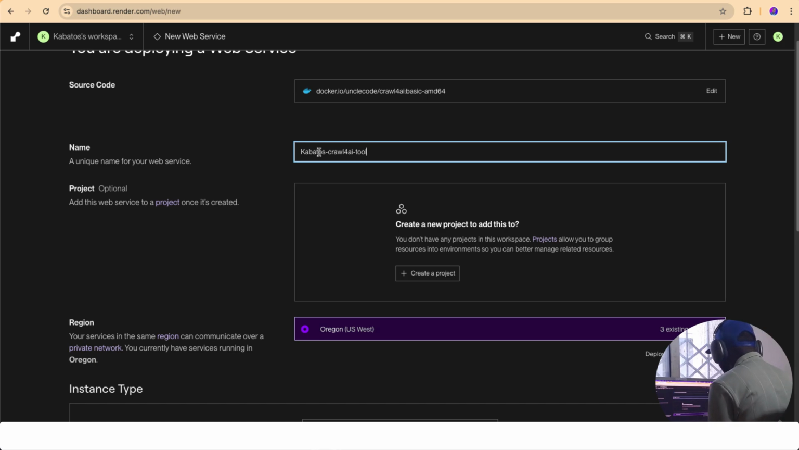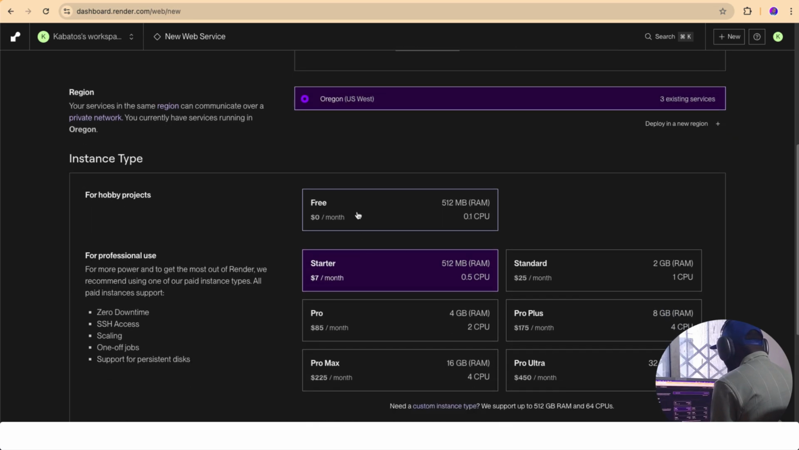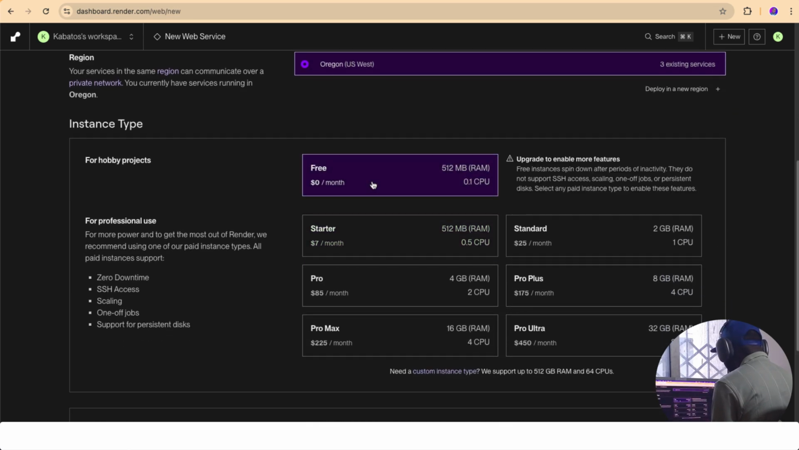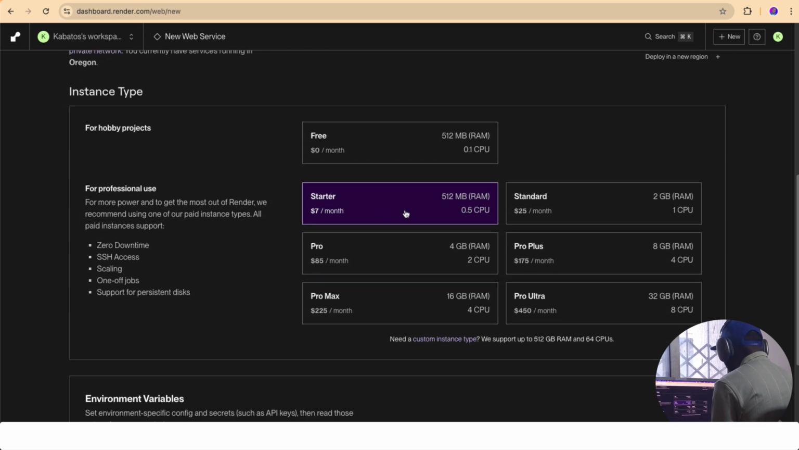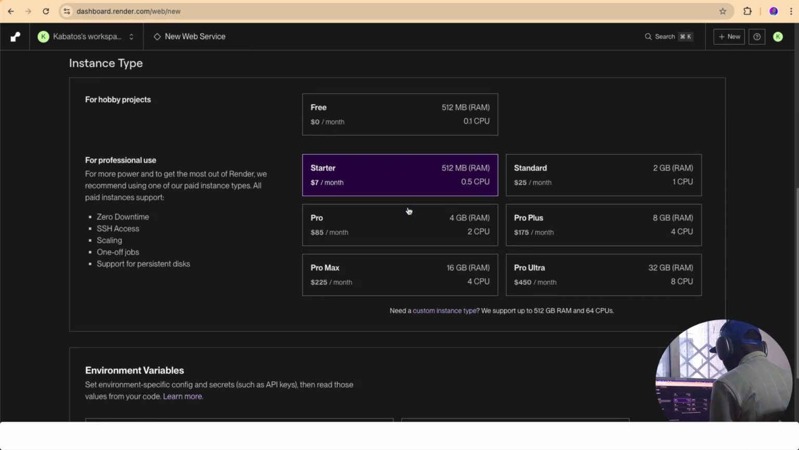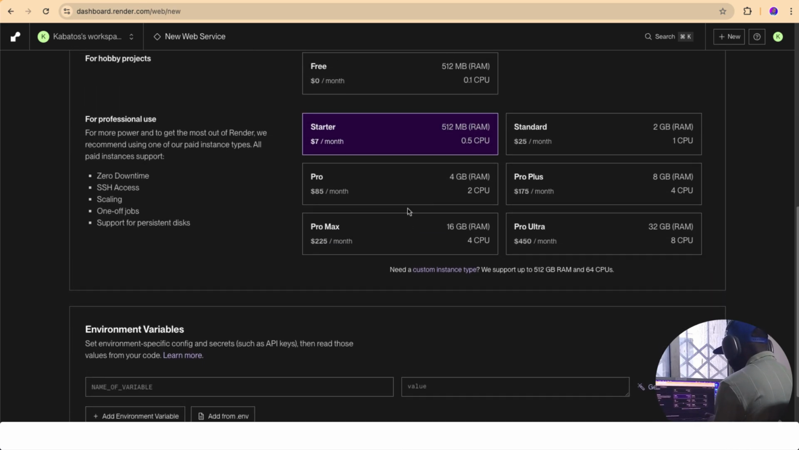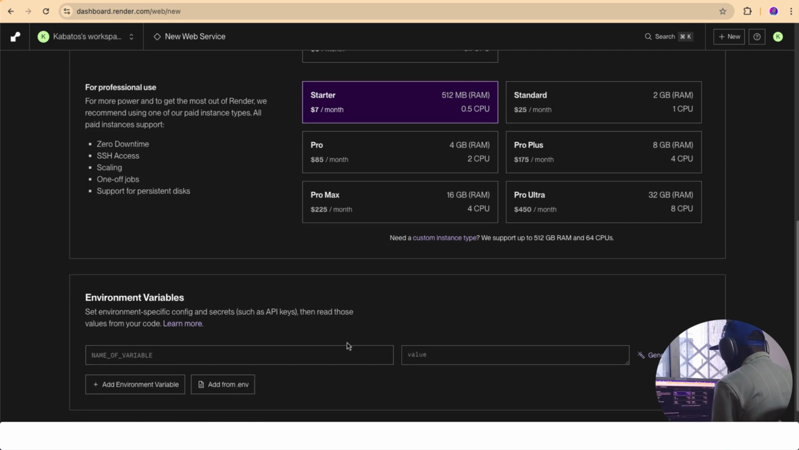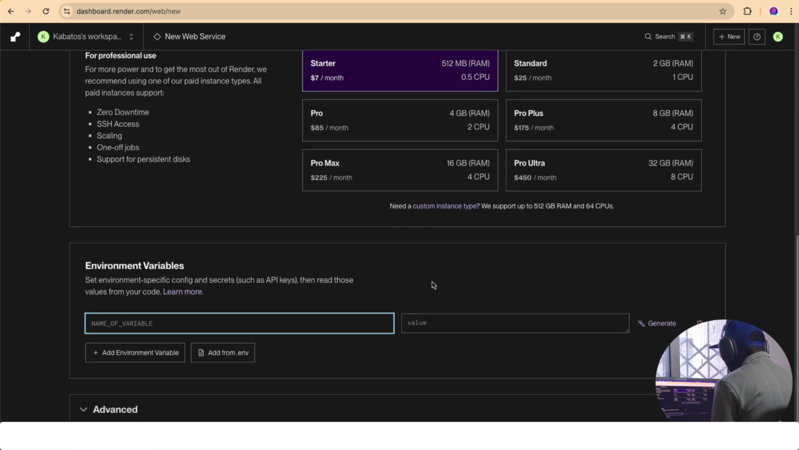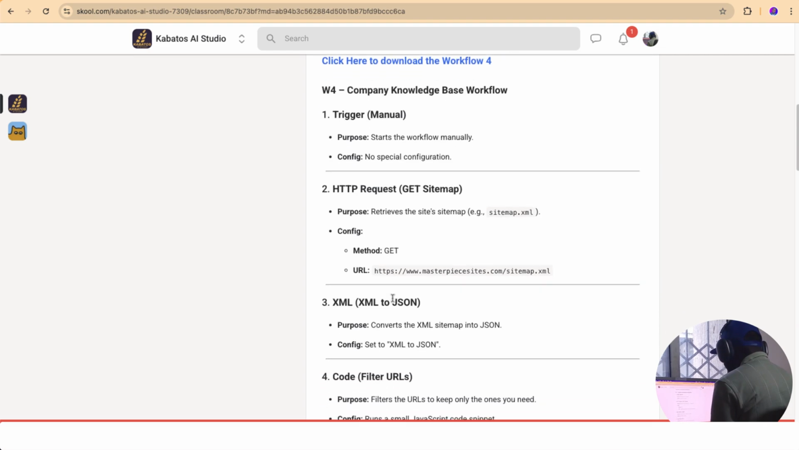So let me add. Kotos is my brand, Crawl4AI tool. After that, you go down. This is the free. If you want to use the free, but you can add some money to get a more powerful Render. Okay, so you can go to free, test it. If it works and you see it's very slow sometimes to scrape a website, you can return to choose starter. So I have a pro plan, so I can use it. So here you must enter something. Okay, if you go to my community, here we have